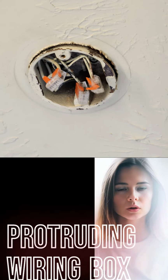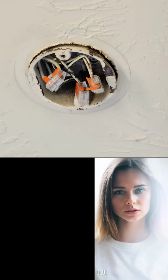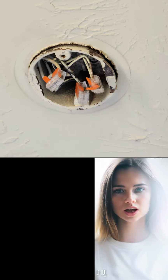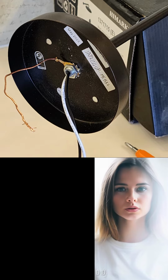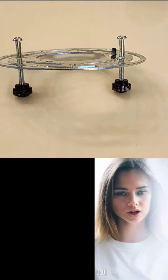I recently went to replace two existing ceiling light fixtures with new pendant fixtures. The first one went well, but when I removed the second fixture, I discovered the wiring box was protruding from the sheetrock. The existing fixture is a different design from the new fixture and is not affected by this. The new design uses a flat metal plate which attaches to the wiring box using the existing screws that came